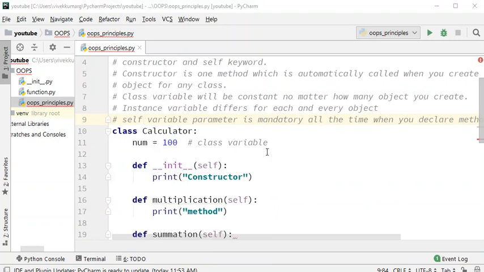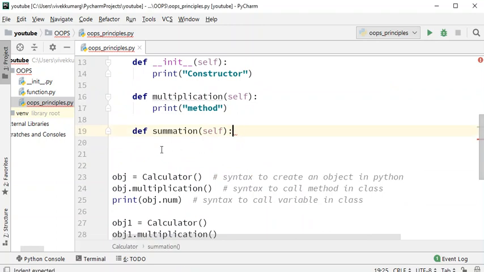Now I have declared a method called summation. It has to sum two numbers, right? Summation means it has to sum two numbers. This can provide only the logic, how to sum two integers. But the values should come at runtime from the object creation.